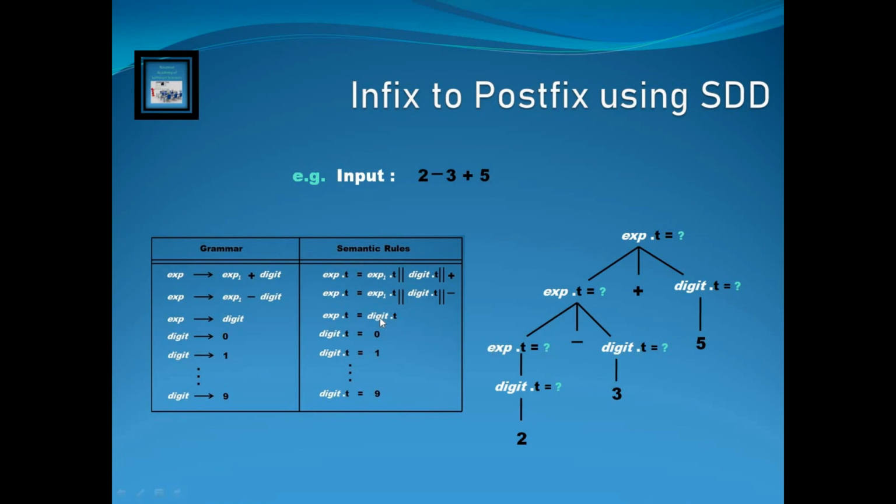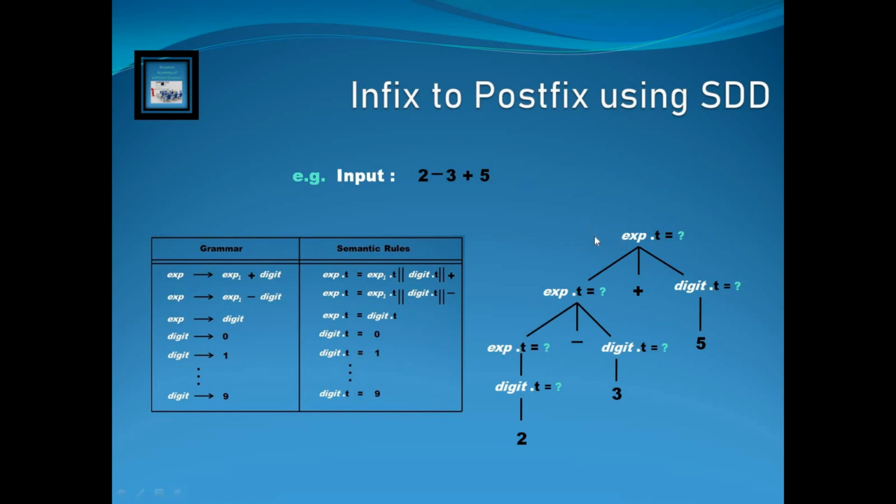As we have learned earlier, the semantic rule shows the postfix form, and we represent the postfix form through an attribute T. So in order to evaluate T for the main expression, that's the ultimate goal of applying this syntax directed definition,